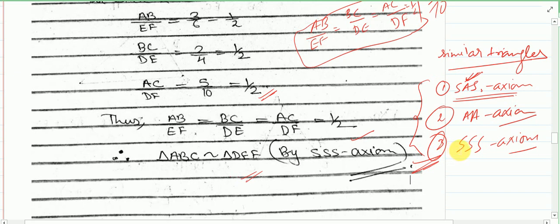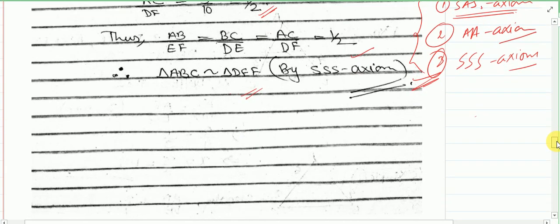And whenever two triangles are given, you should see that out of these three, which condition is satisfied by the given triangles. Okay, if you are able to prove that the given triangles are satisfying any one of them, then you can easily say that triangles are similar to each other. Okay,